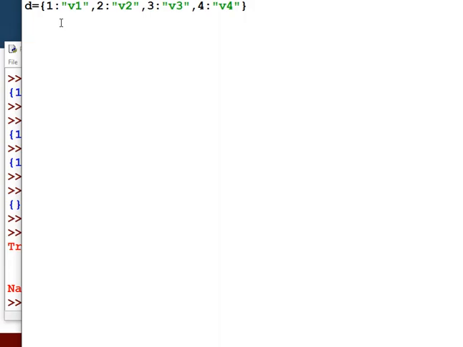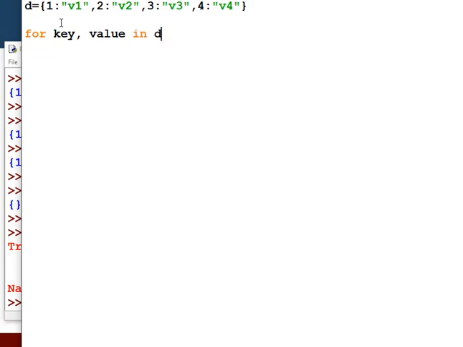Now I have to visit it. I have mentioned the key and the value, and that will be in the items of the dictionary.